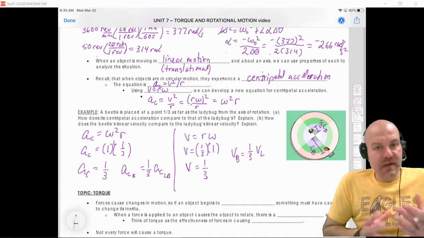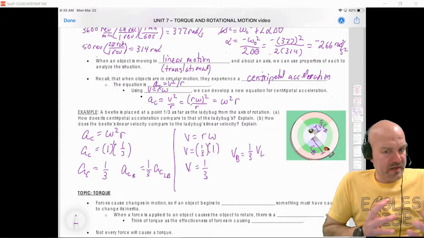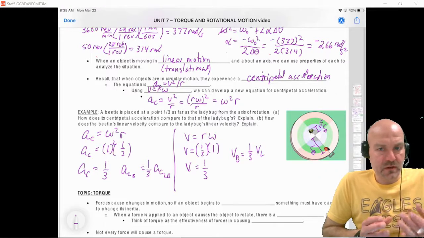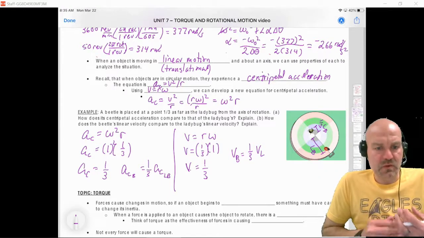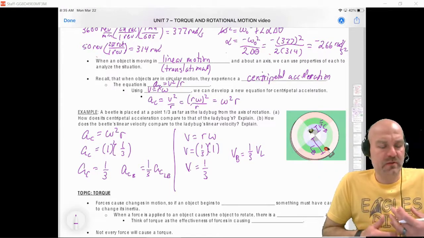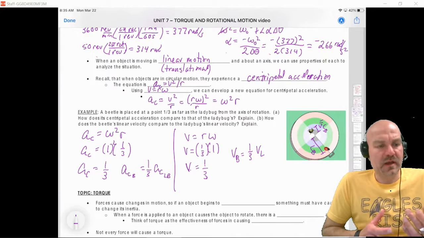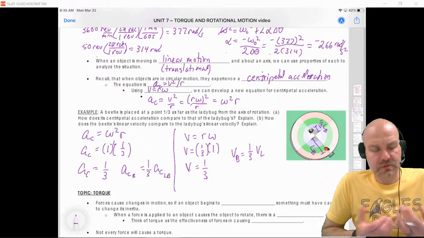Okay, so this really ends the kinematics portion of this unit in rotational motion. And what we're going to do now is start comparing and looking at how we equate force to rotation. Okay,